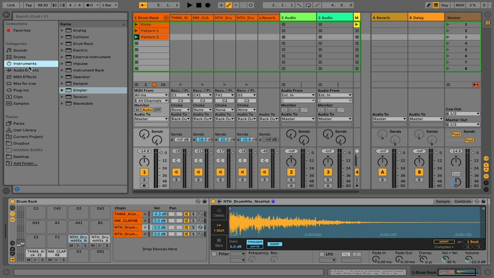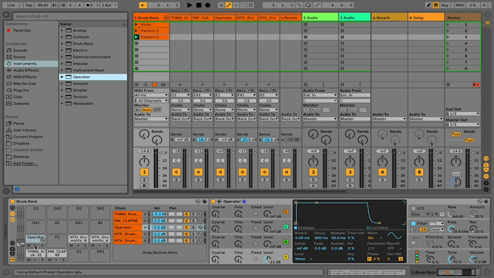So I'm going to go into instruments and I'll just drop an instance of Operator right here. And let's see what happens when I play it. I've got up here a sine wave, and that's actually what's being reflected in this device as well. I could create a much more complex sound if I wanted to,